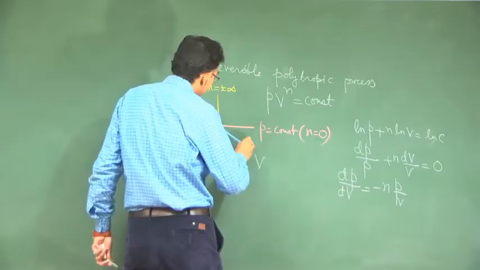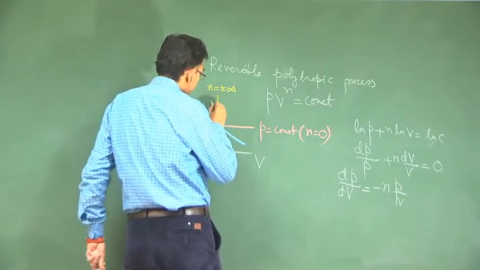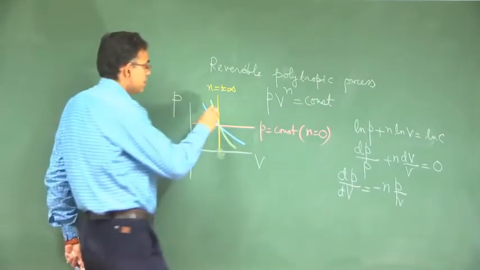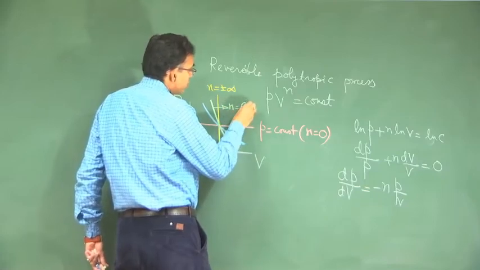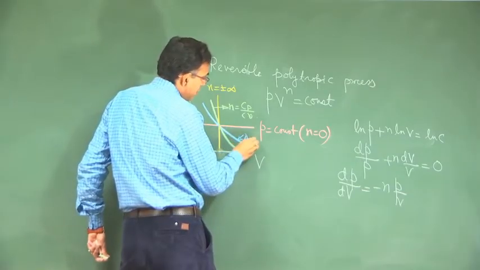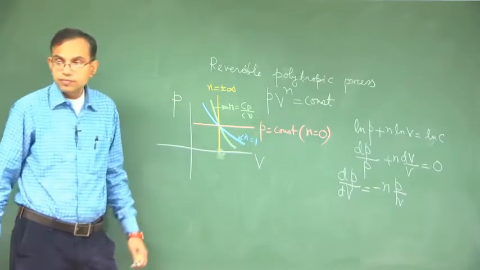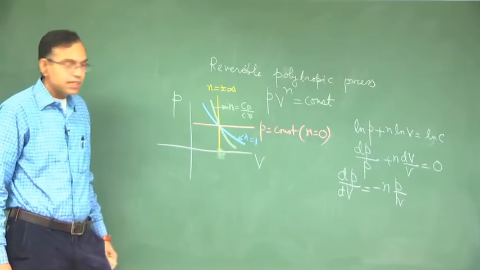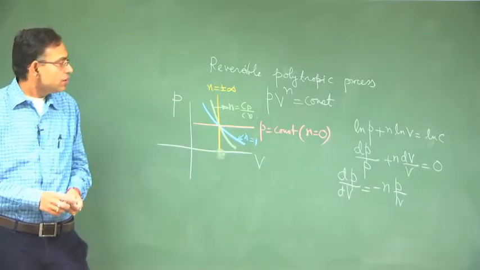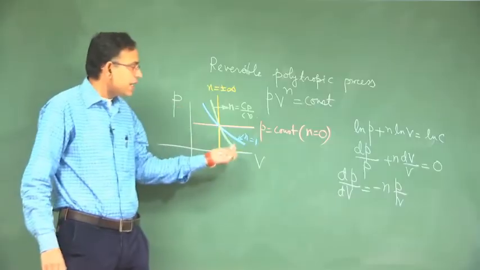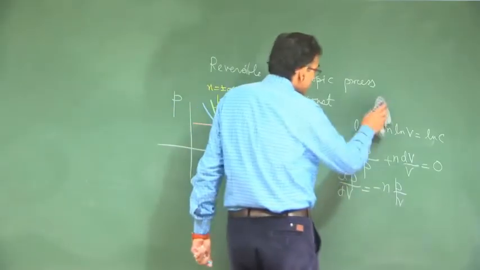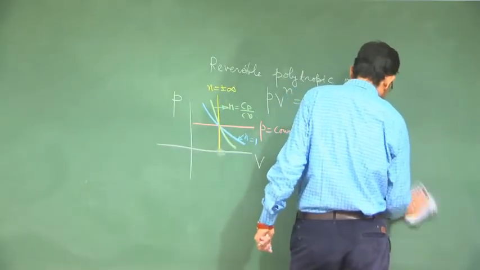So we can draw, in both cases, this is n equal to Cp by Cv and this is n equal to 1. These are just some examples, you could construct more. I would now like, instead of the PV diagram, to draw a TS diagram for some of these processes, so that it will give you a nice visualization of the same processes in the TS diagram.